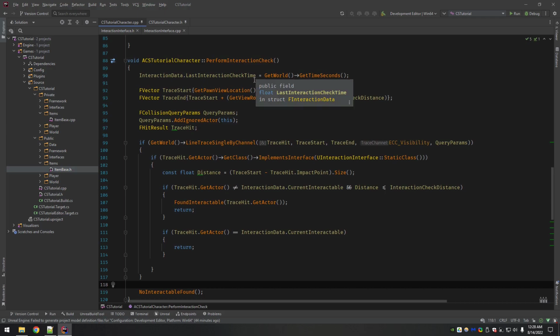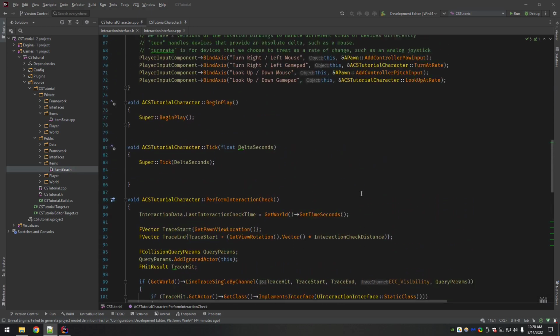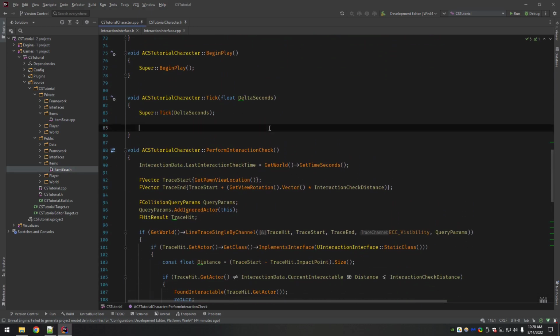Now, where is this timer set? Actually, the timer is not being used for the interaction checks, just the interaction check time. So come back up here to tick, and we're going to put in the actual ability to call this.